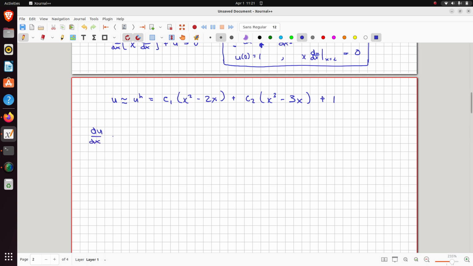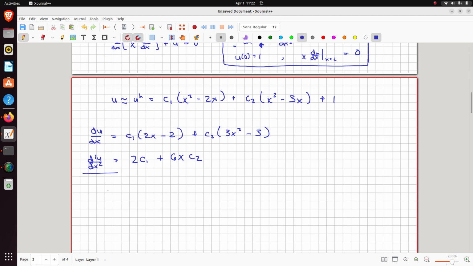So du dx is equal to, and the second derivative of u with respect to x is then